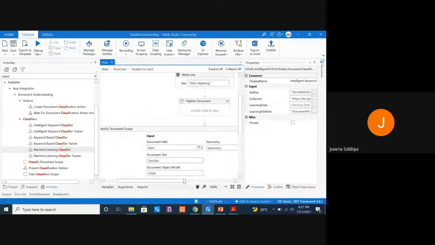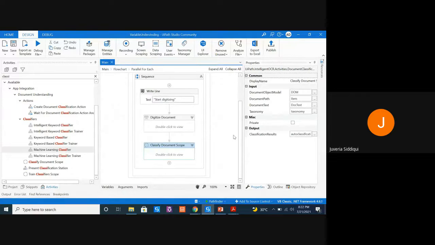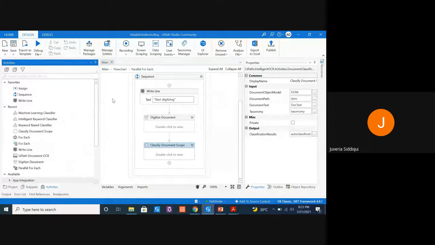Now you've done the classification. The bot will be able to classify your document. What if the result of whatever has been classified is less than 40%? The bot is not confident enough. How will you train the bot, or how will you classify the document? In that case, we have something called Present Validation Station. That is attended automation. Then you have unattended automation using Action Center. If it's a lot of things that I'm telling you today in the code, don't worry, I will explain it to you one by one.